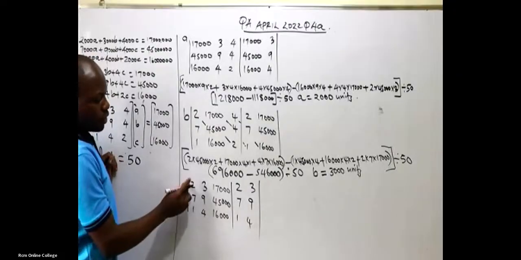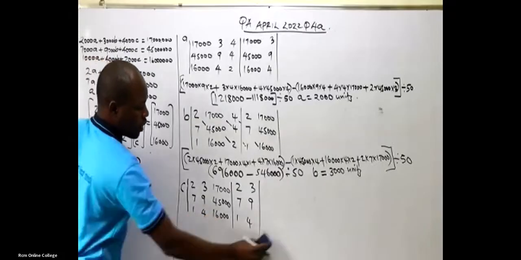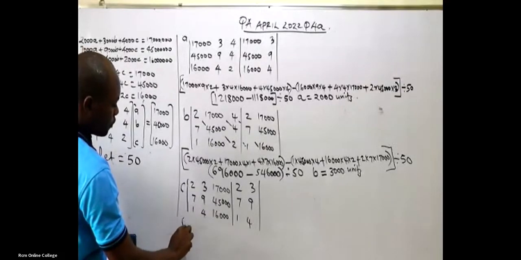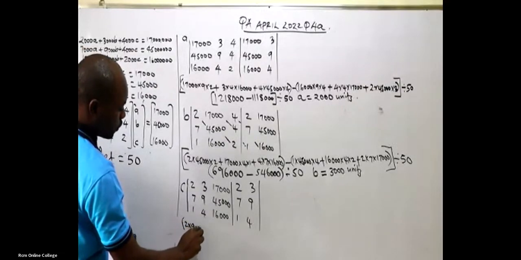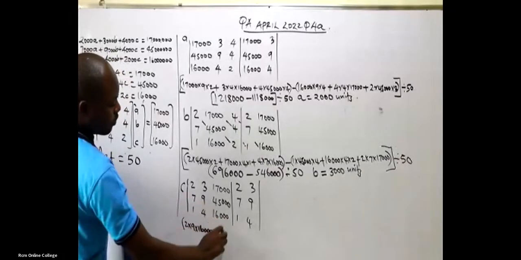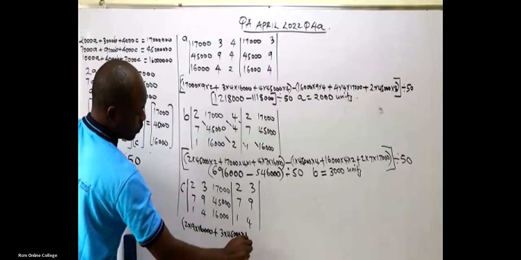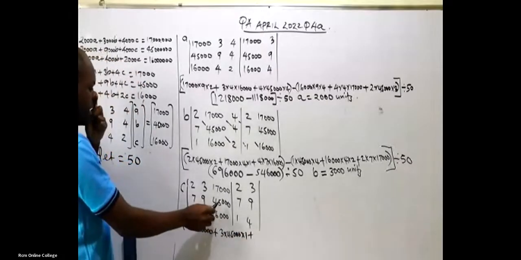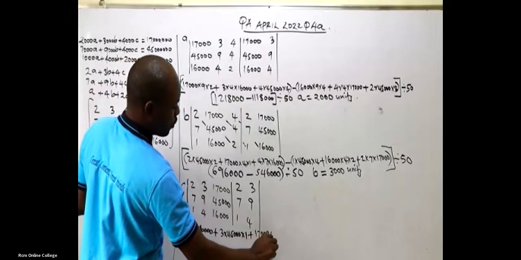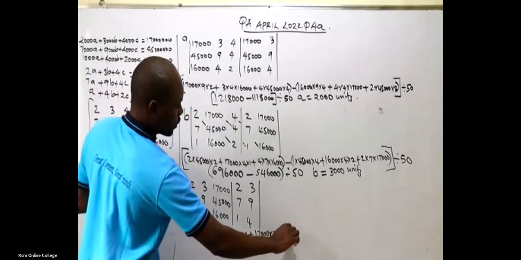Then we cross multiply, right? We now multiply diagonally. So we have 2 times 9 times 16,000 plus 3 times 45,000 times 1 plus 17,000 times 7 times 4. All that put together with less